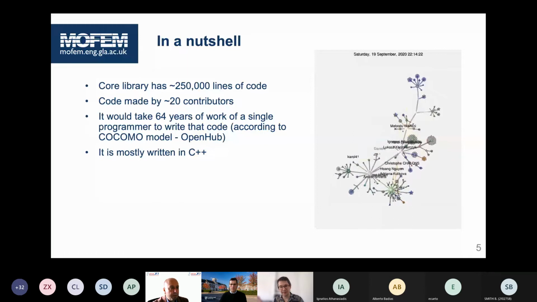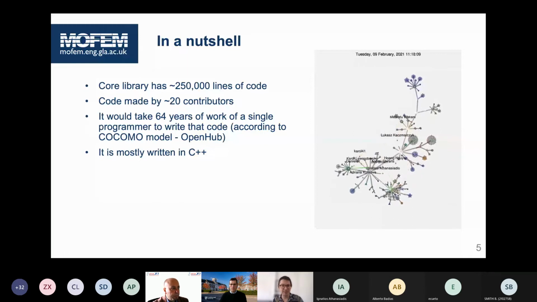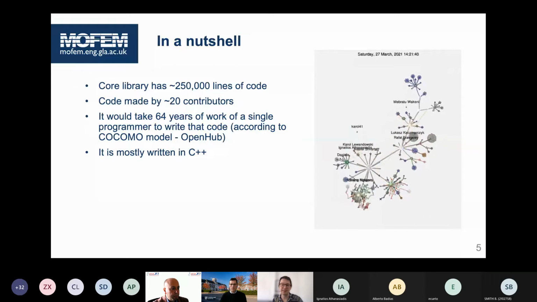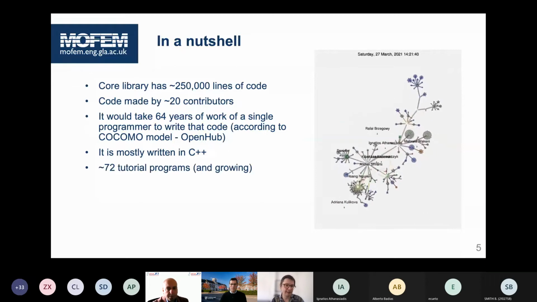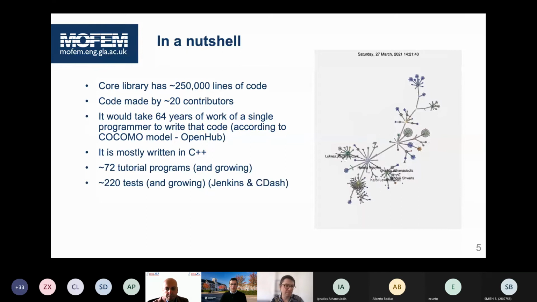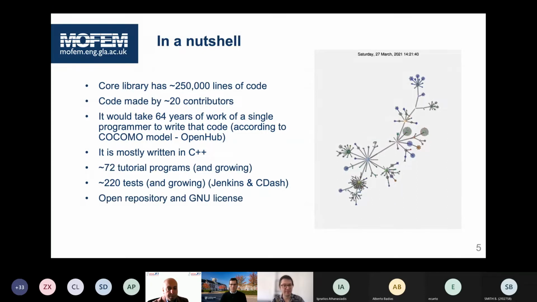At the end, you have speed and you have great flexibility to do things in a novel and different way. It has 70 tutorials, and we are writing more. And we have tests which are run on Jenkins and submitted to CDash. This is an automated process. The license is the GNU license to protect all developers. What that means is that no one will take your code and use it for their own benefit. You have to agree to that, and the GNU license protects you. So you can freely contribute without worrying that someone will use your work without your